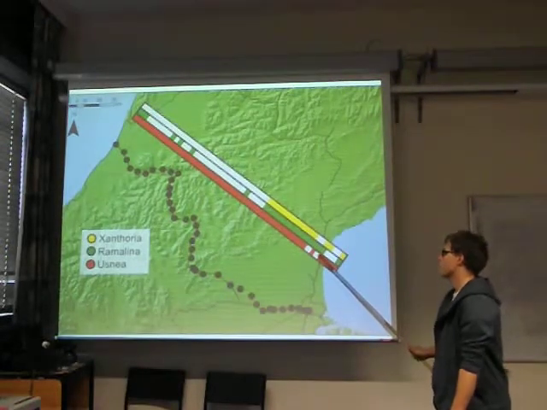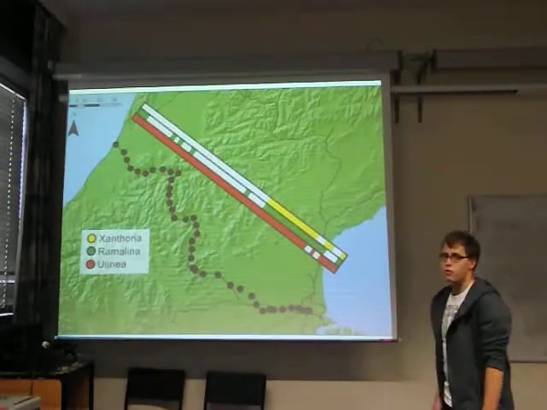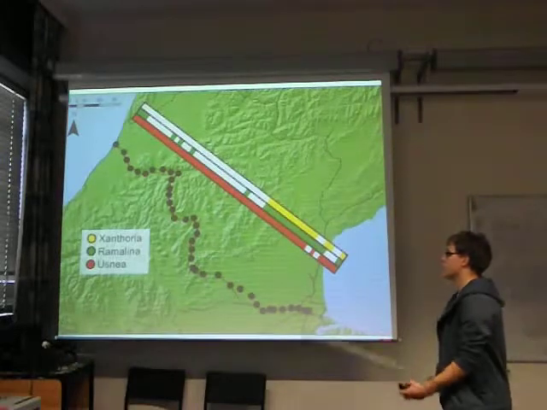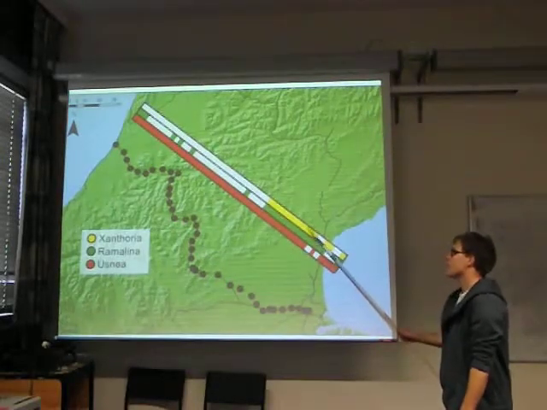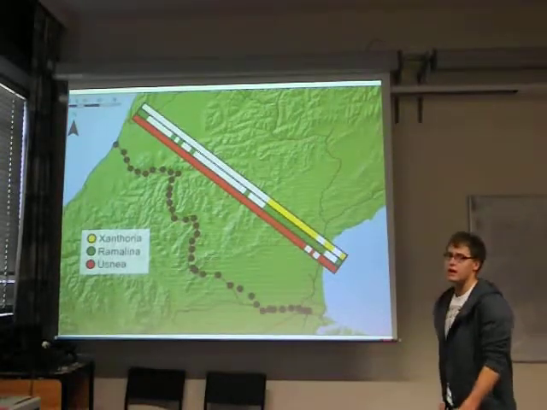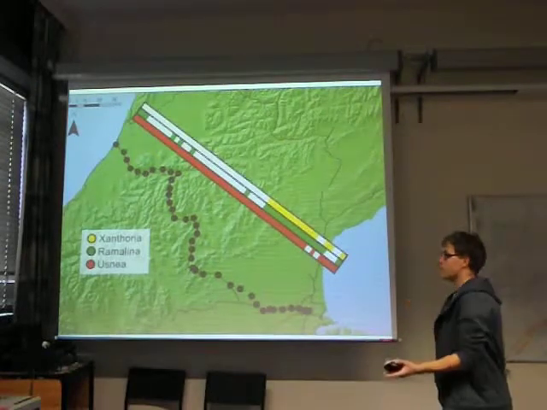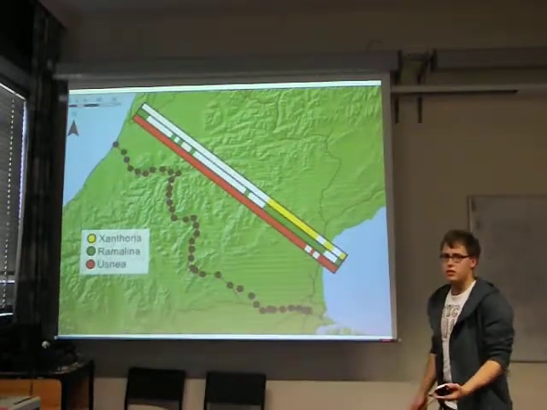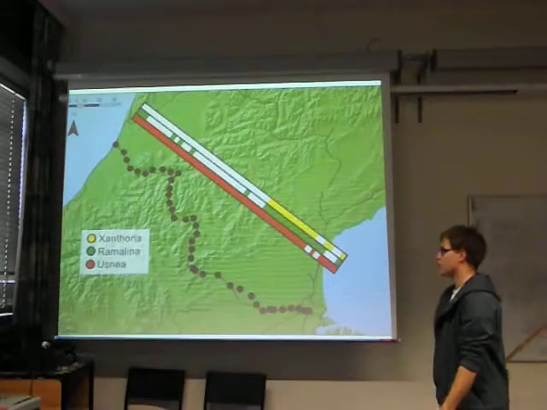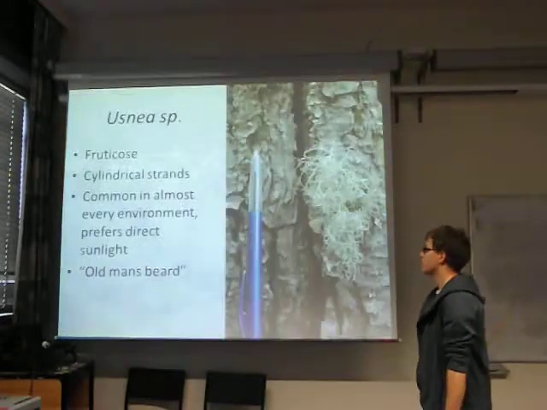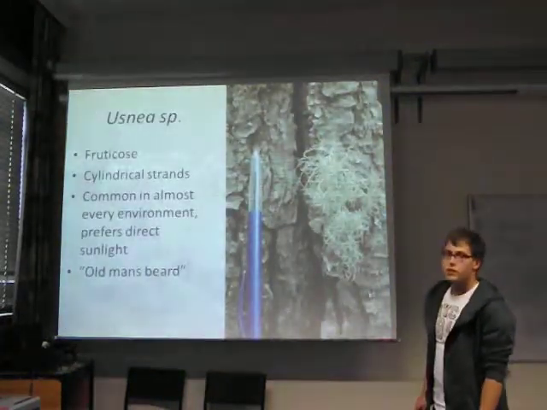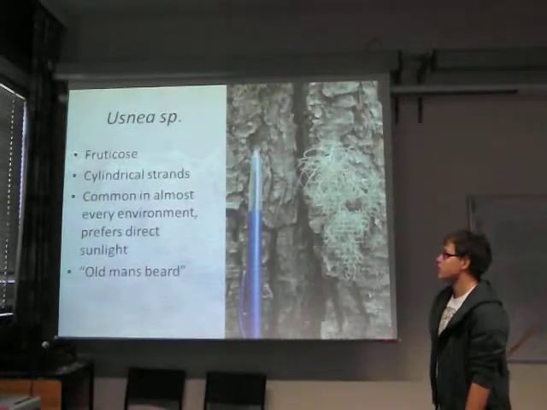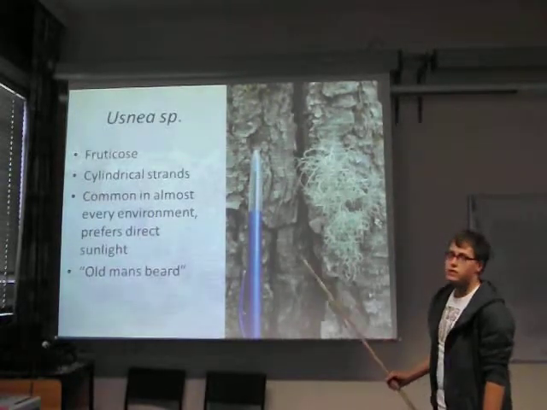So when I've got an area where one species doesn't cover, I want to find another species that does cover that area and the area of the original species. So I can say, if one species is absent, can I use another species to represent the value that should be there if that species was existing? The 3 species I chose eventually were Usnea,